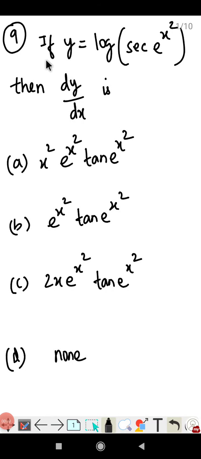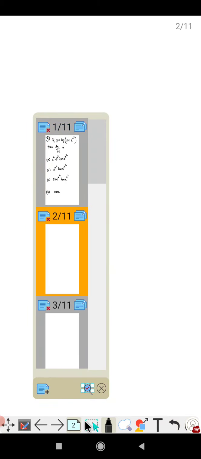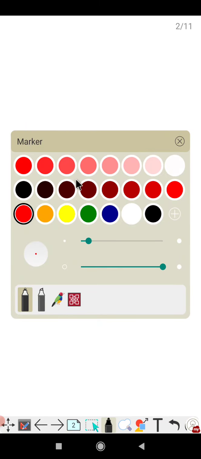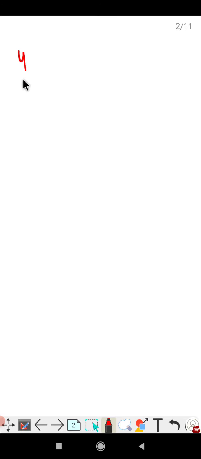Ninth question, if y is equal to log of secant of e power x square, then what is dy by dx? So this is a composition of several functions. So we will find dy by dx using chain rule. So let me write the function first. What is that function? y is equal to log of